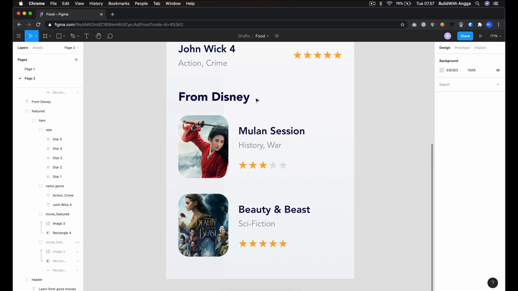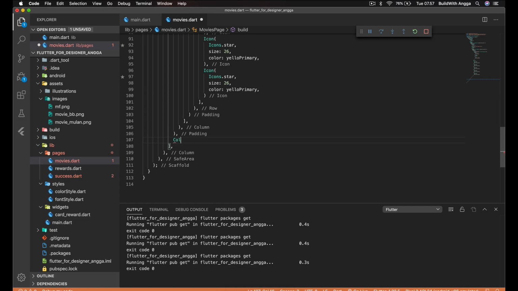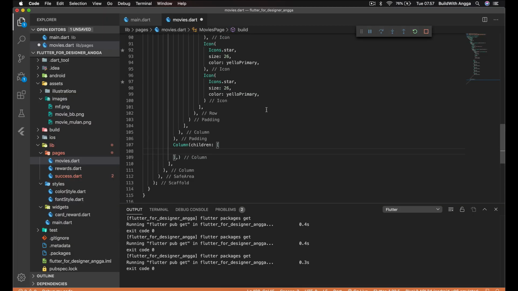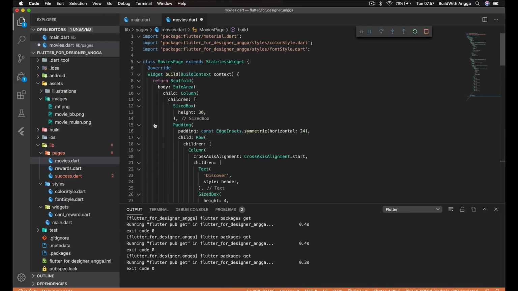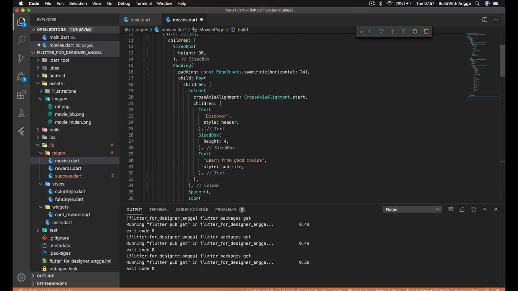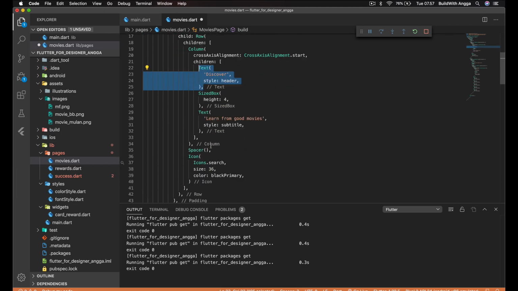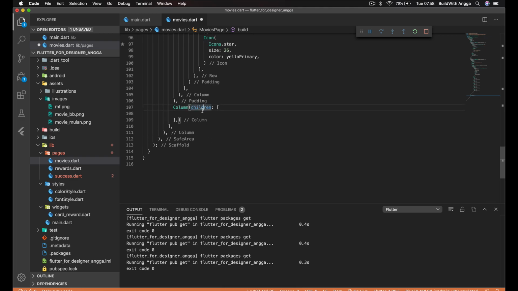I think this is gonna be much easier. So first we need a column, and then we need a text which we can just copy from this discover, right? Just like this.